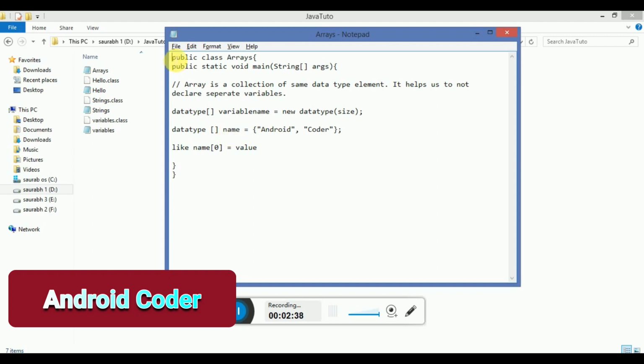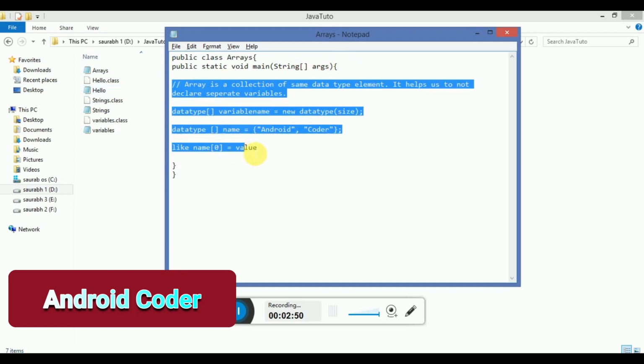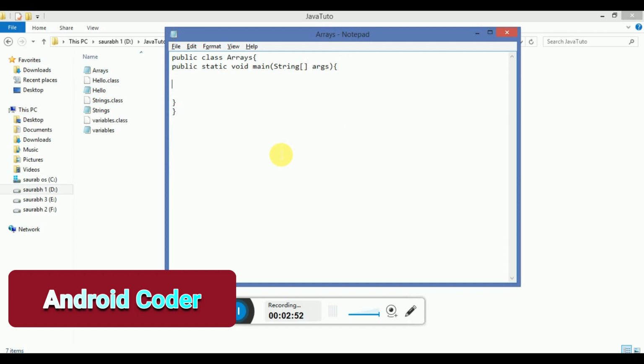Now let's code. In this code we have public class Arrays and public static void main String args, which is default in all Java programs.